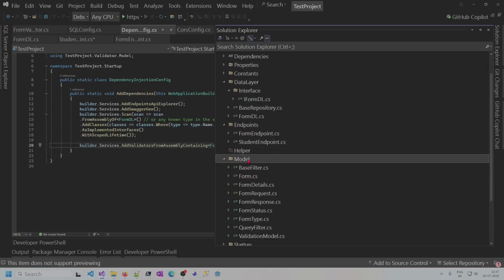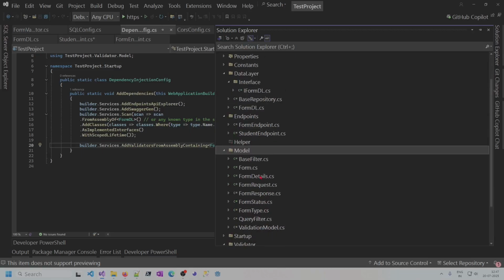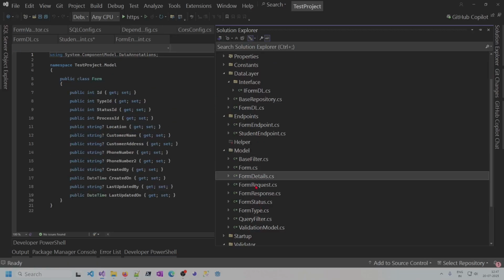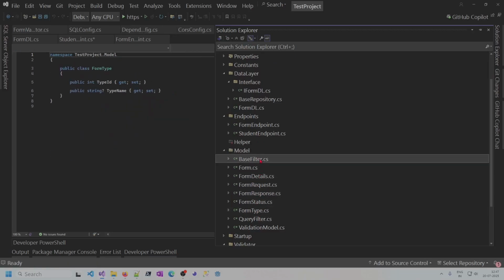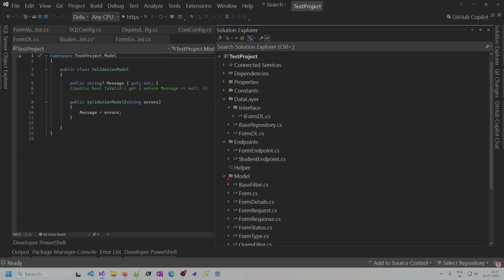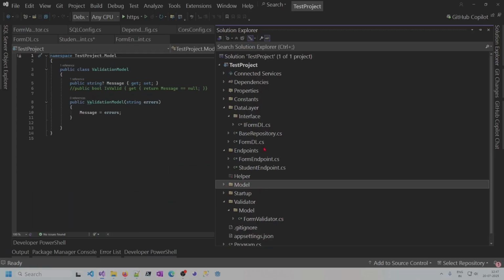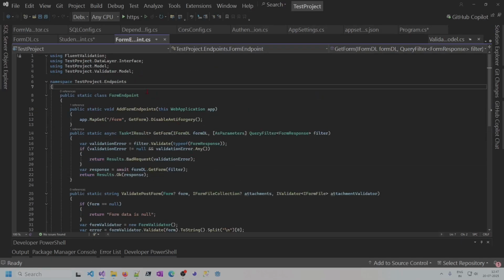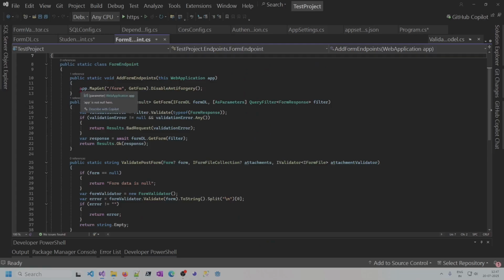This is the model folder. I have all the models that I use. So these are for the endpoint, and these are for some helper classes, which we'll go through. And yeah, so obviously this is the endpoint. Here we are mapping this get form, and this get form, it will get the request,